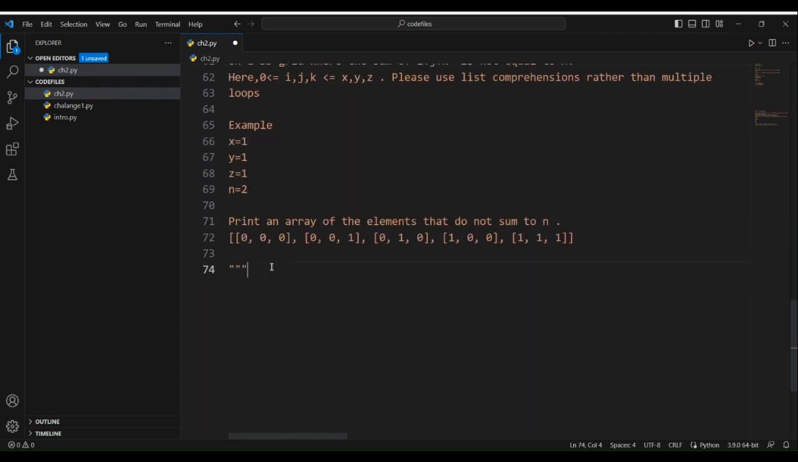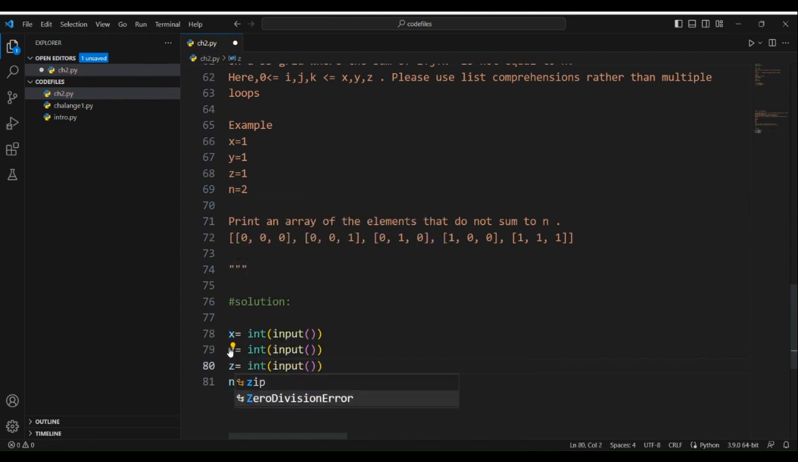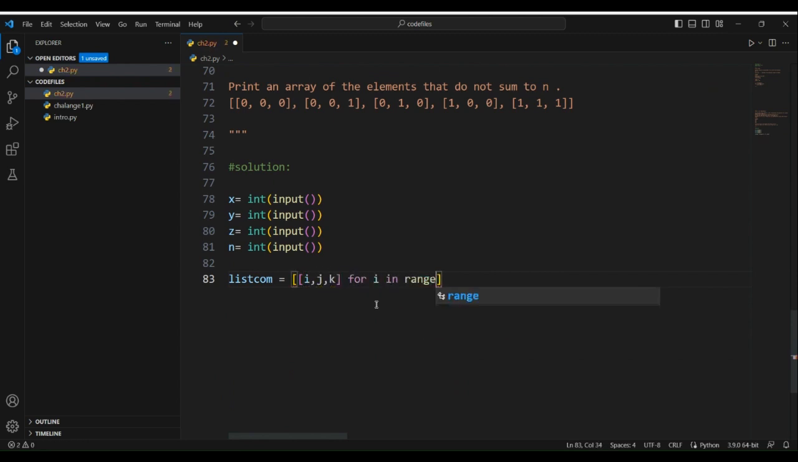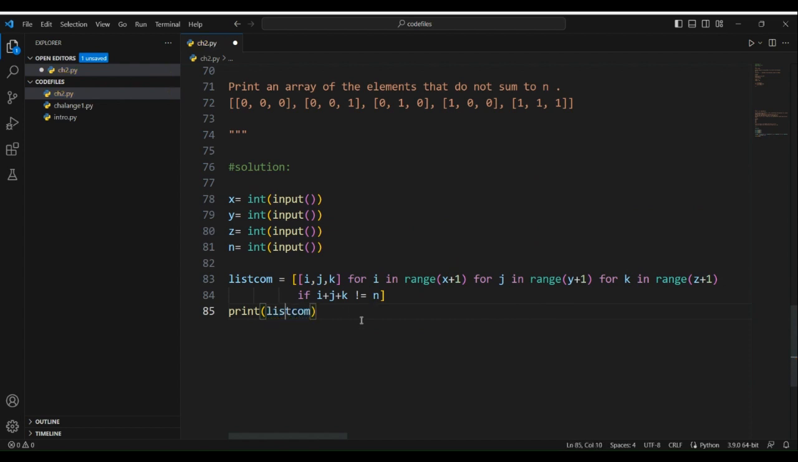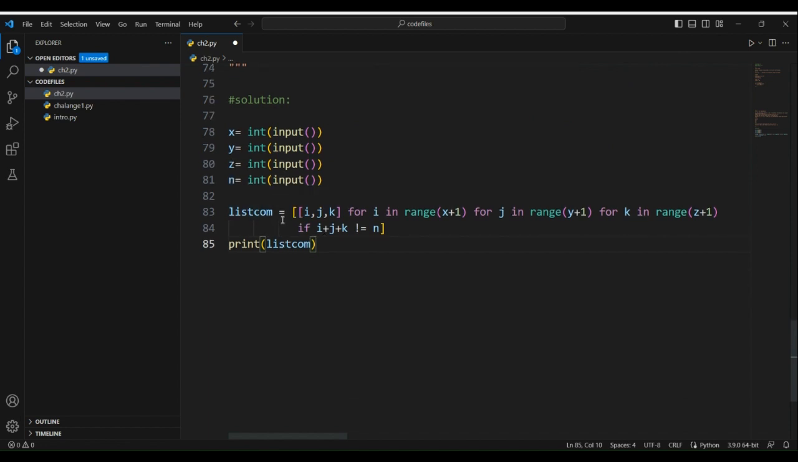So let's solve this problem now. So we have a solution. First, we get 4 inputs from the user and convert them into integers and store them in x, y, z, and n respectively. So what we will do is use list comprehension here. So we are creating a list where we are inserting the values of i, j, and k for i in range of x plus 1,